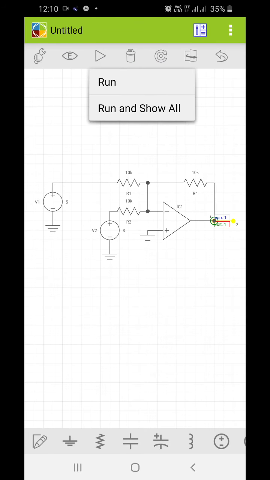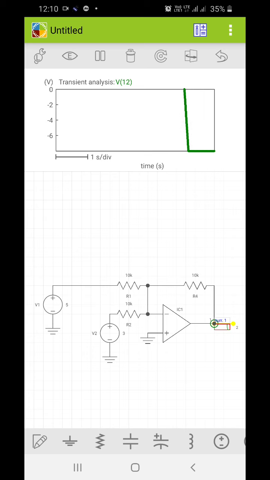So let us check what output I am getting. This is the transient phase that they are showing, and after that we will get the output. So what should be the output? As it is an adder, it should add the two signals which are connected at the input. So 5 plus 3 volt, we are getting 8 volt, and as they are connected to the inverting side, we are getting the output as minus 8 volt.